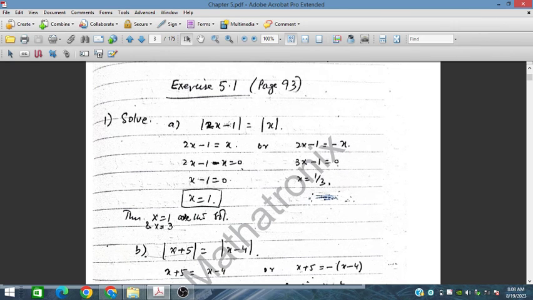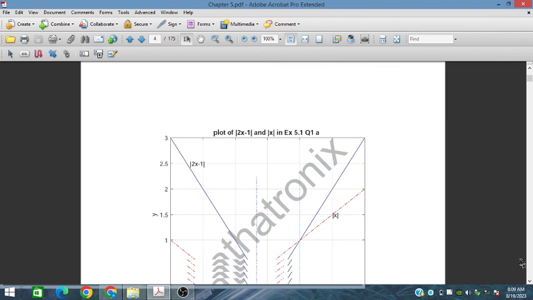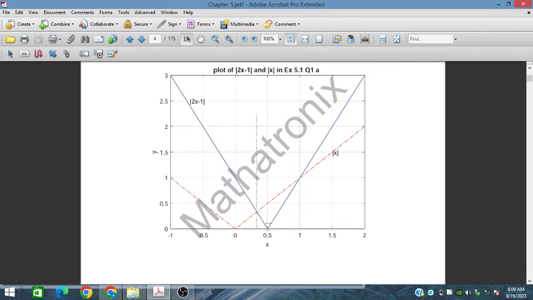So if y is equal to 0, then x is equal to 0.5. So at 0.5, if we substitute the value of 0.5, then 0.5 multiplied by 2 minus 1 becomes 0. So at 0.5 we have this 0 value, and similarly